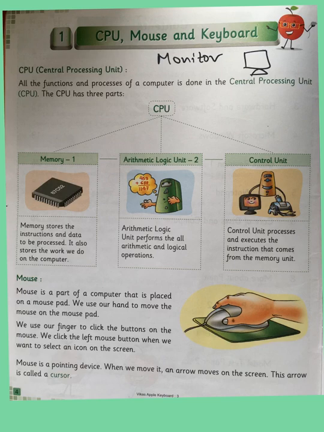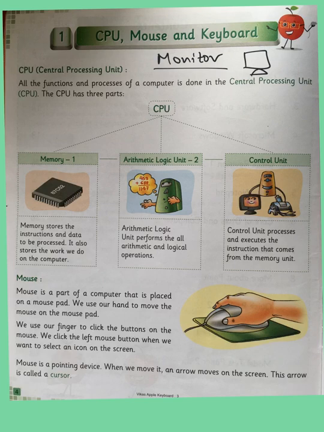Just like a body has different parts like our head, our hands, our legs, our mouth and so on, similarly, a computer also has different parts. First is CPU, second is mouse, third is keyboard and fourth one is monitor. So these four are the most important parts of the computer. A computer can have other parts also which are externally attached to it, like a printer, a scanner, speaker, etc. But these four, CPU, mouse, keyboard and monitor, are the basic and important parts of a computer.